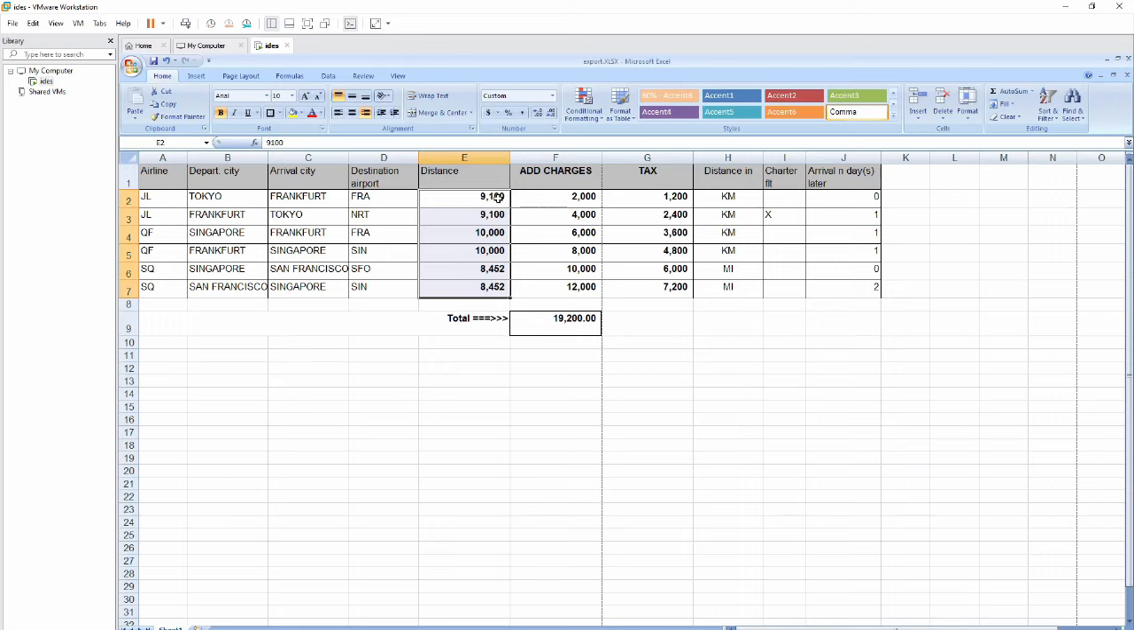So it means that we have to put a criteria on our records, that all the records which have distance greater than 8000 km will be observed. After that,